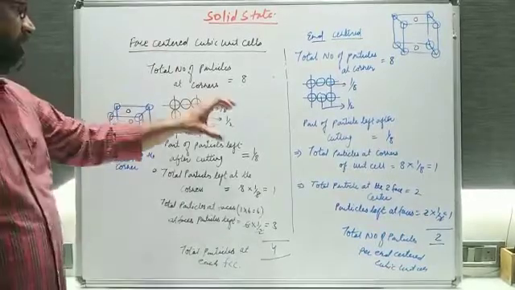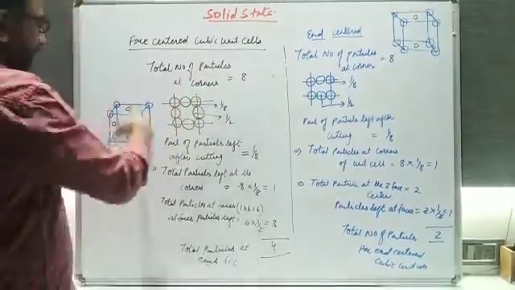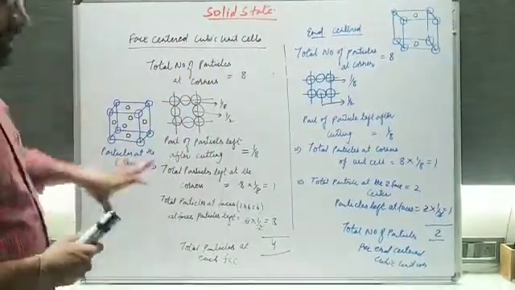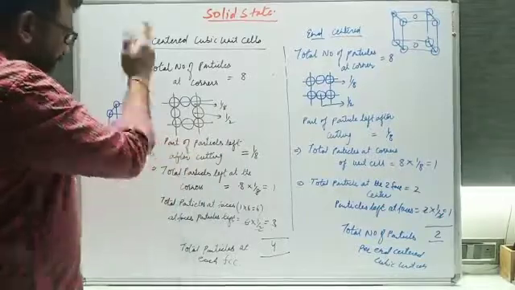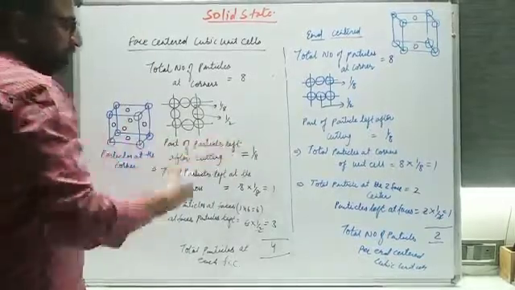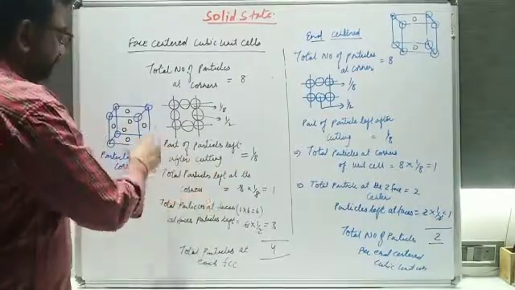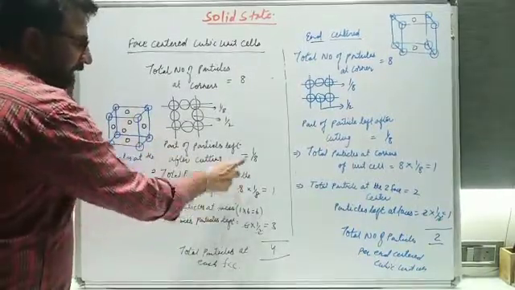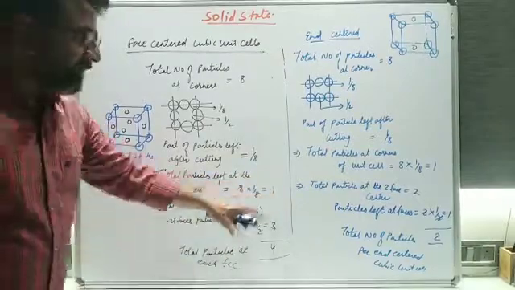So here I have made this part: the total number of particles at the corners will be equal to 8. Understood? So these are 8 particles which will be common, right? Now come to the part of the particles left after cutting. You can see that that is how much? That is 1/8 part left behind. So corners have 8 particles, and 1/8 part is left. Then the total number of particles at the corner will be equal to 1.